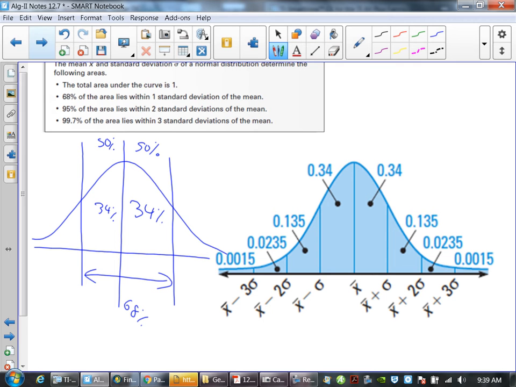As you go further along, within 2 standard deviations, 95% of data occur. Which means 2 standard deviations. Now if you start playing around,